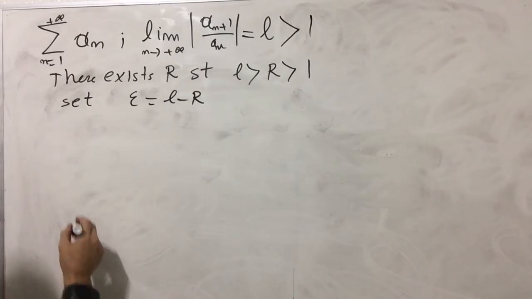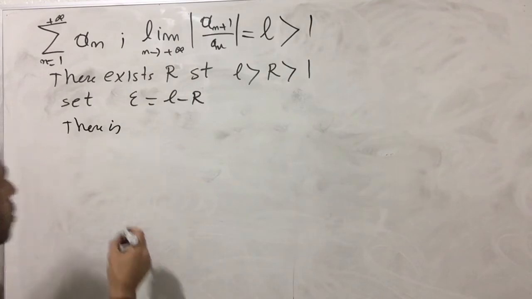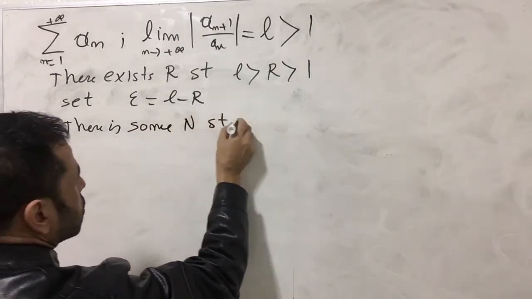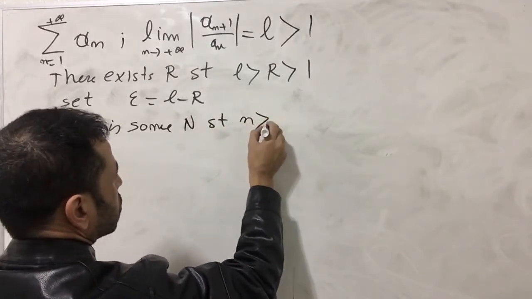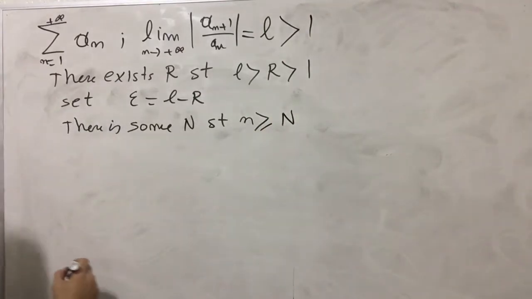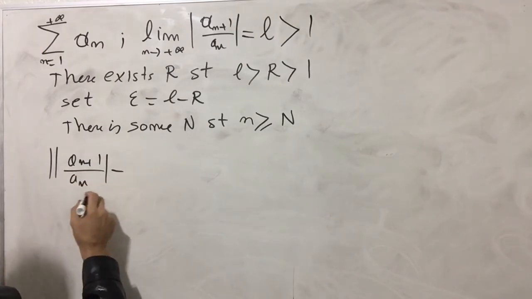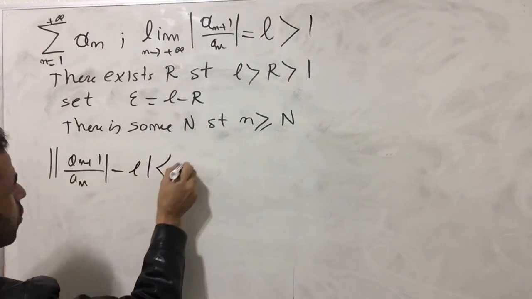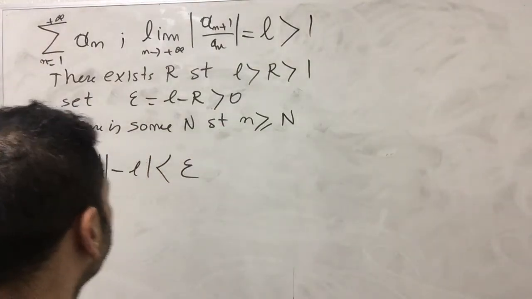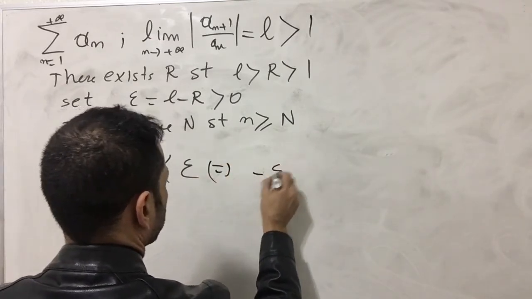So there is some capital N such that for n superior or equal to capital N, according to the limit definition, the absolute value of A sub n plus 1 over A sub n minus L is strictly inferior than epsilon, okay? The epsilon is super small and arbitrary, so this is equivalent to minus epsilon strictly